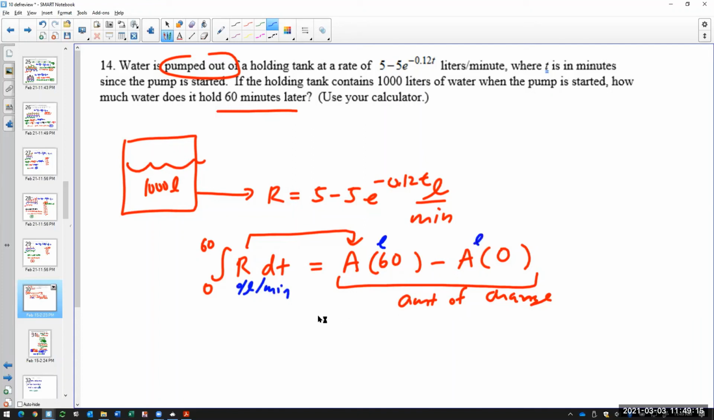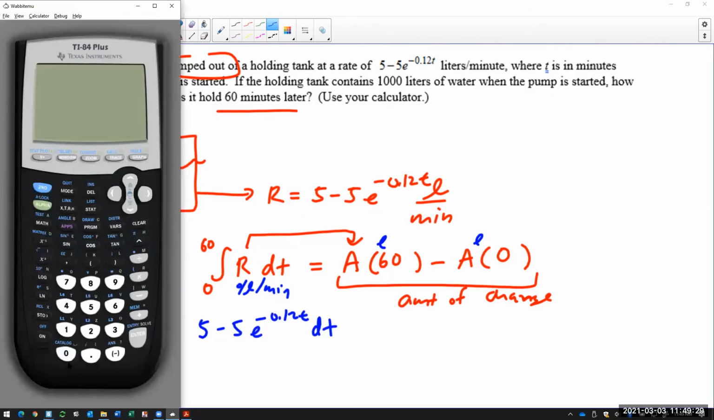Well, I really just want to know the amount of change, right? So how do I get the amount of change? Well, I'm going to integrate this rate. So this rate is 5 minus 5e to the negative 0.12t dt. And if I integrate this, I'll get the amount of change. So I go to my calculator, I hit math 9, okay? I go from 0 to 60,